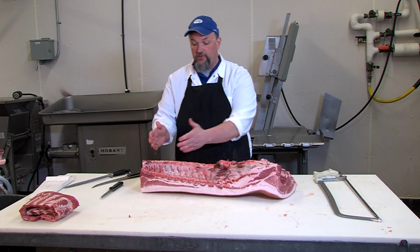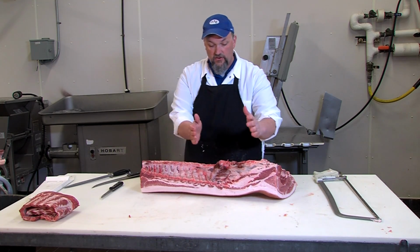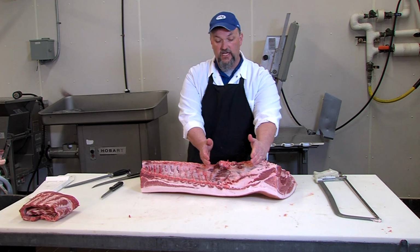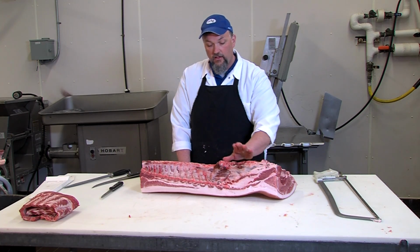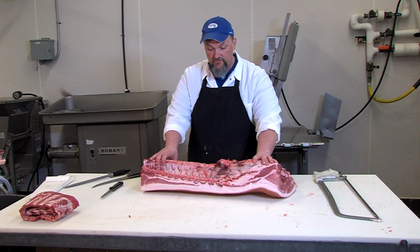We can just simply come in here and cut blade chops, which now are being referred to as ribeye chops. We could come in here and cut loin chops, which the National Pork Association has altered the name to become T-bone chops, or we can cut sirloin chops through there as well. What we're finding out is individuals are not nearly as fond of bone-in cuts as they once were, for various